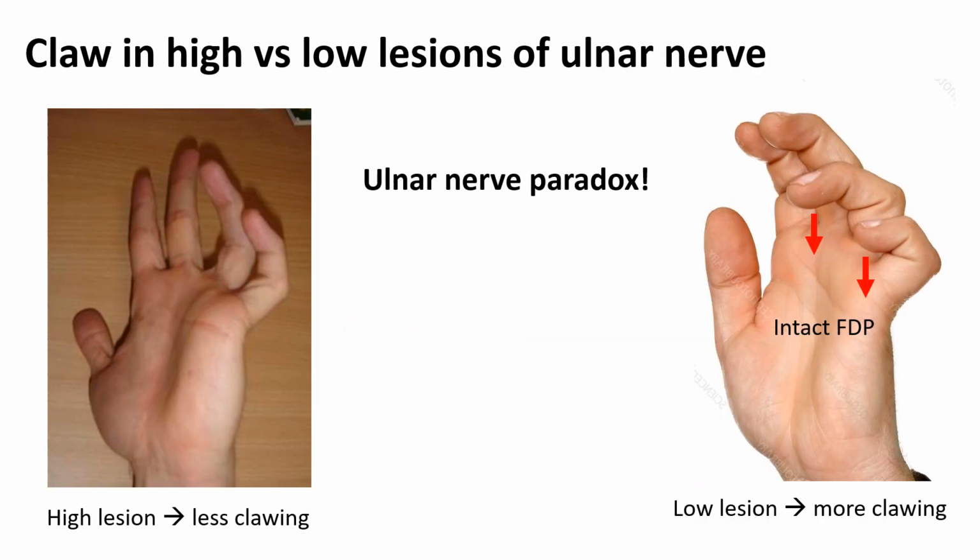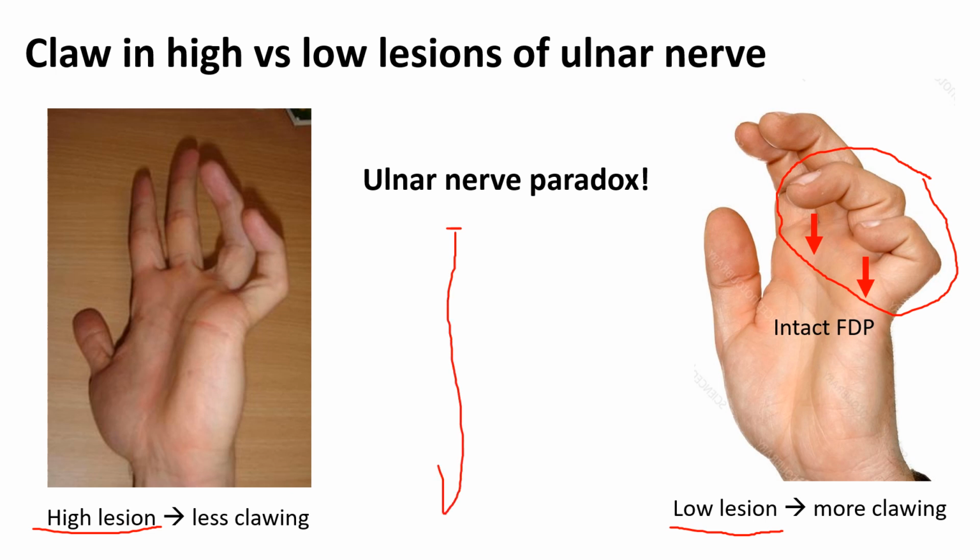Claw hand of low lesion of ulnar nerve injury is more severe and more prominent compared to that of high lesion. However, it should be the opposite, because the high lesion will involve all the distal muscles compared to low lesion, which involve the more distal muscles from the lesion. This is called ulnar nerve paradox,